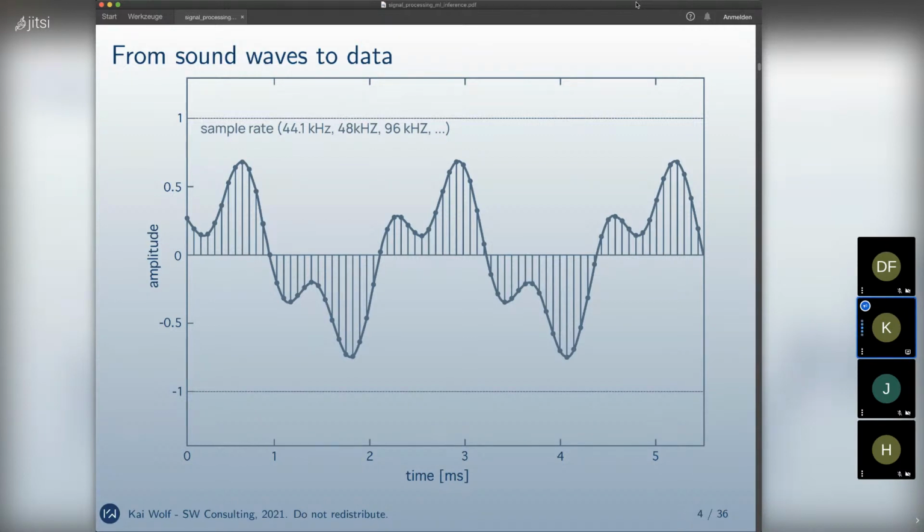So the incoming audio data is normalized between -1 and 1, and it has to be sampled in some way. Sound waves are a continuous analog signal, which needs to be sampled, and the sample rate is usually 44.1 kilohertz, 48 kilohertz, or 96 kilohertz. And the reasoning behind it is that if we look at the human ear, then we humans can hear